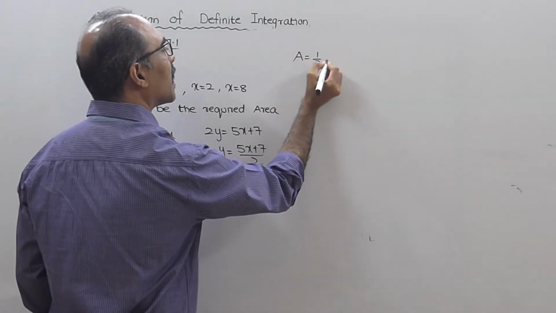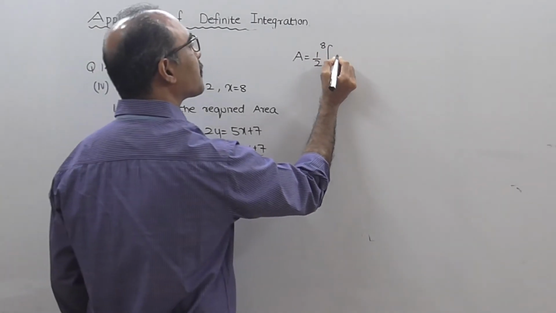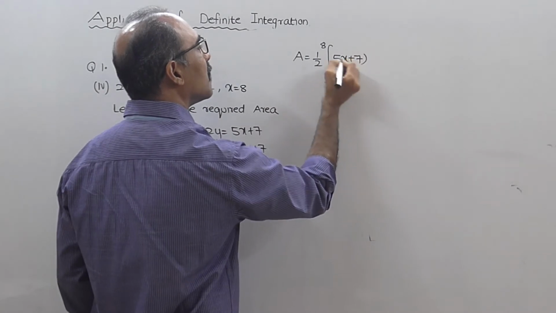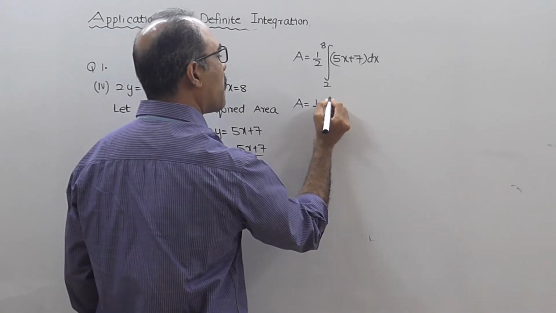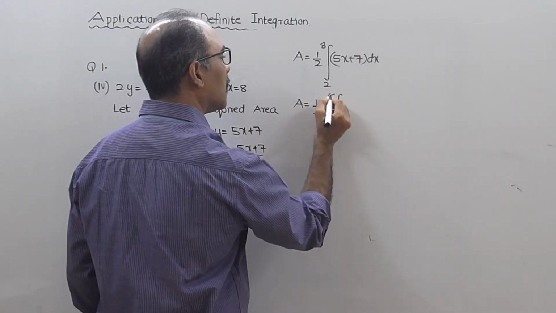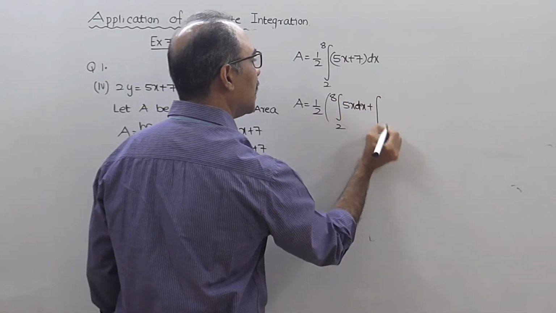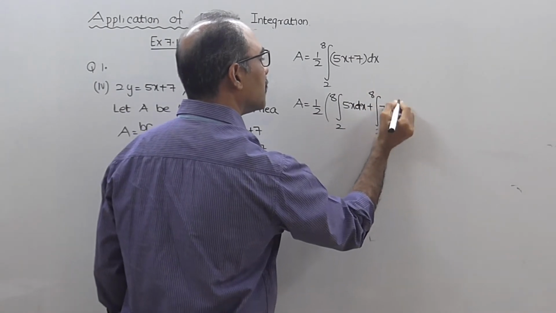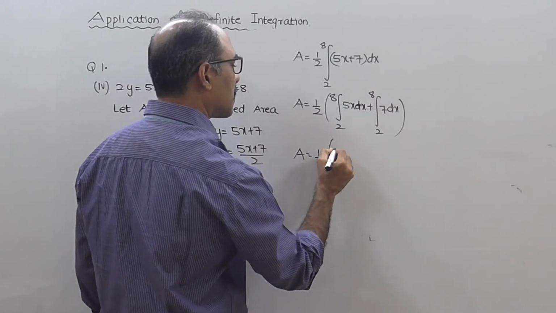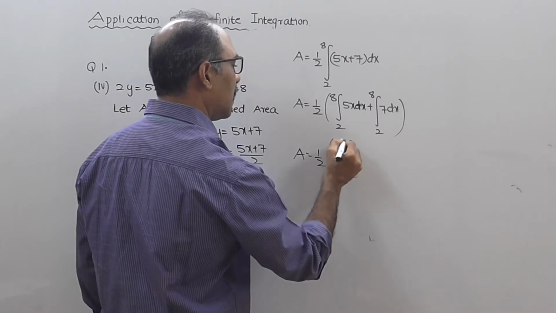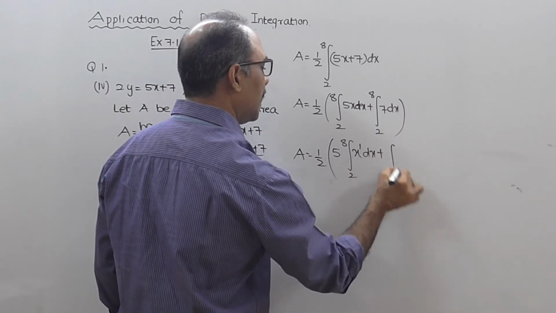So A equal to, take half outside, integration 2 to 8 of 5x plus 7 dx. That is half bracket, integration 2 to 8 of 5x dx plus integration 2 to 8 of 7 dx. This is half bracket, 5 outside, integration 2 to 8, x means x raised to 1, dx plus integration 2 to 8